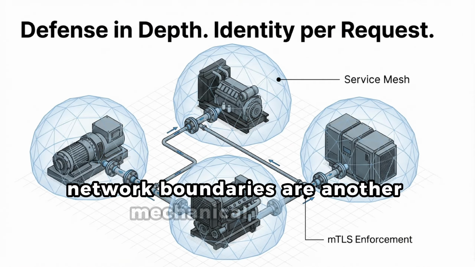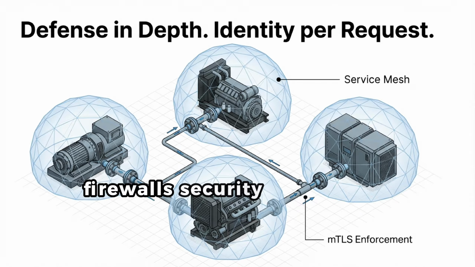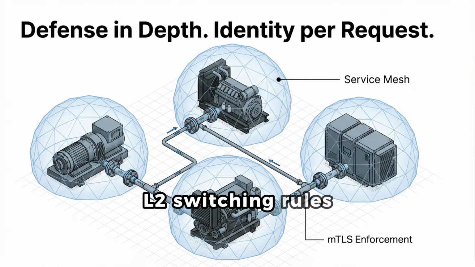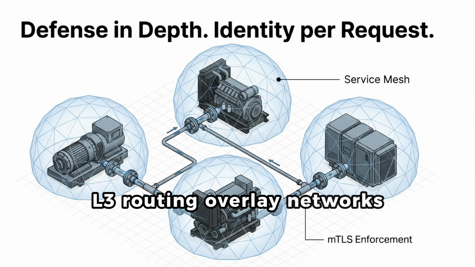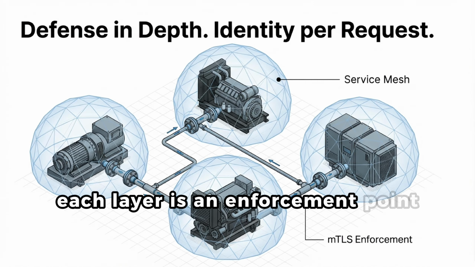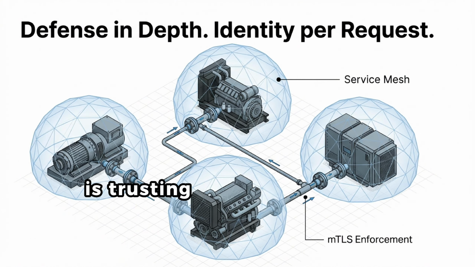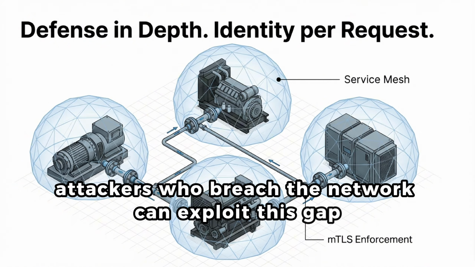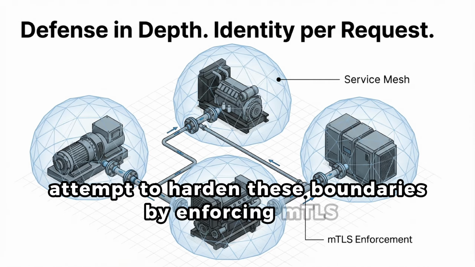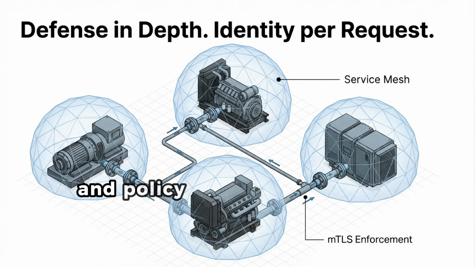Network boundaries are another mechanical category. Firewalls, security groups, and network ACLs control which nodes can talk to which. But networks have many layers: L2 switching rules, L3 routing, overlay networks, service meshes, and application layer gateways. Each layer is an enforcement point. A common failure is trusting low-level network isolation while ignoring application layer authentication. Attackers who breach the network can exploit this gap. Service meshes and API gateways attempt to harden these boundaries by enforcing mTLS, per-call identity, and policy checks close to